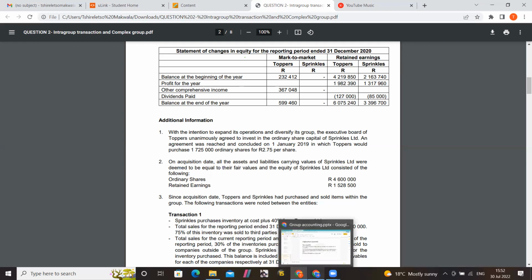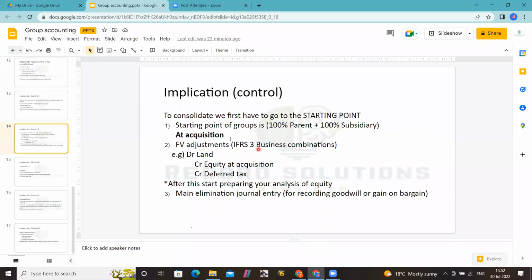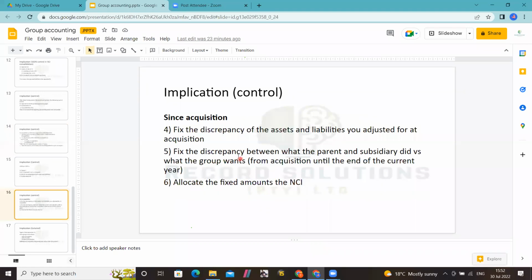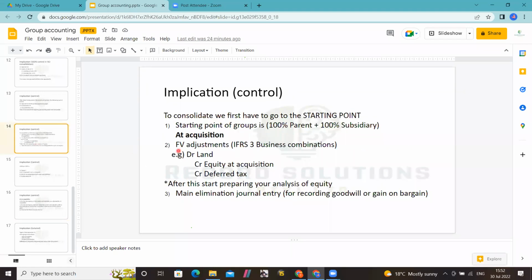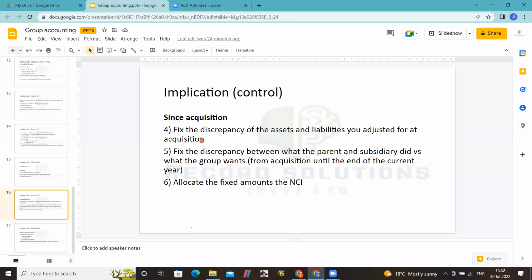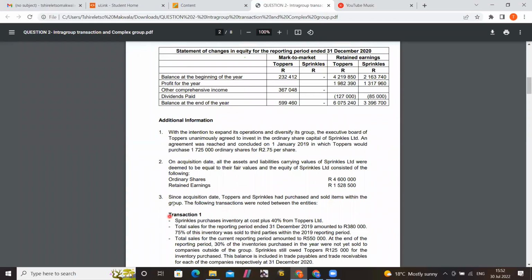So fair value adjustments obviously are number two of this framework, right? And then fixing discrepancies as a result of these fair value adjustments is number four, right? That means that because we don't have this number two, we won't have number four, right? Because there were no discrepancies at the beginning value of the year, right? Continue, right? And then